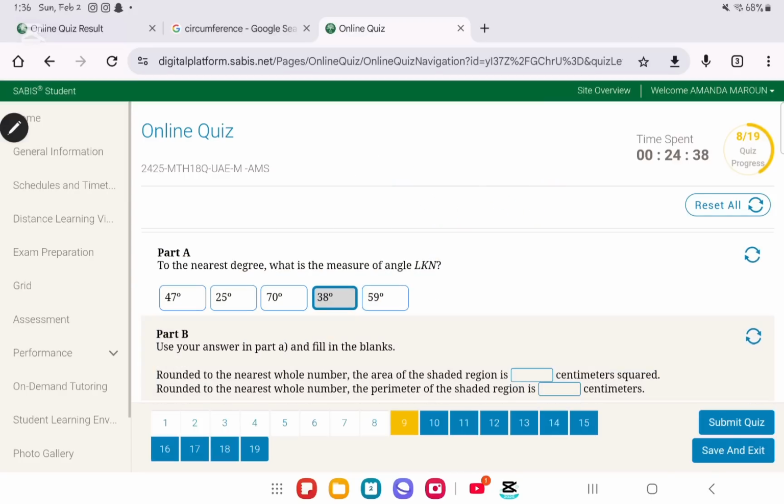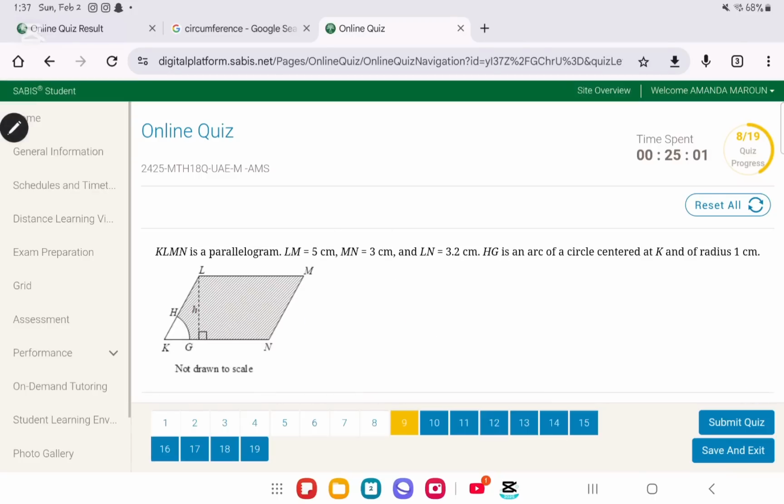Now they need us to find the area of the shaded region. Very simply, what we could do is first find the area of the parallelogram and then subtract from it the area of the arc, or the angle over here. To do that, we're first going to find the area of the parallelogram, which is the base 5,